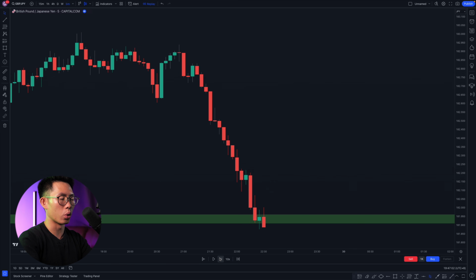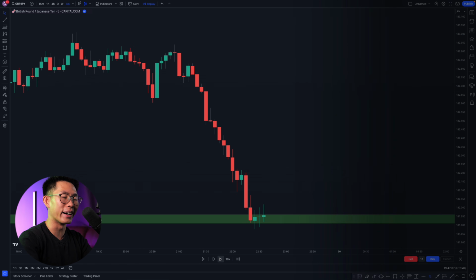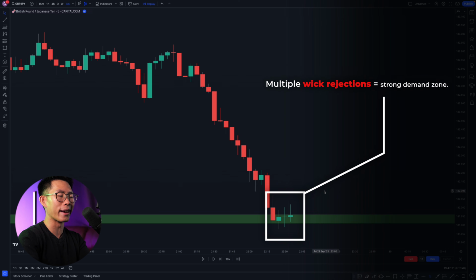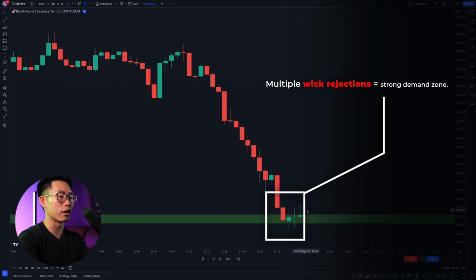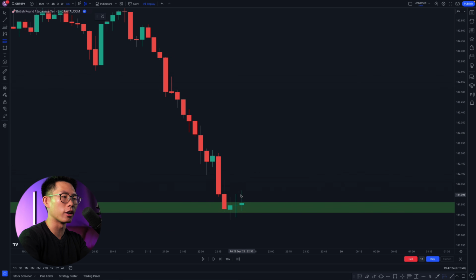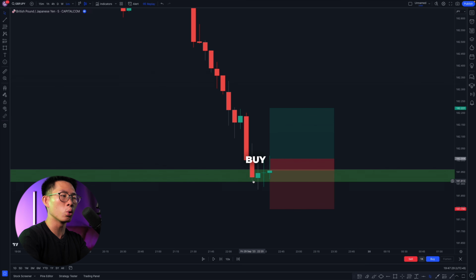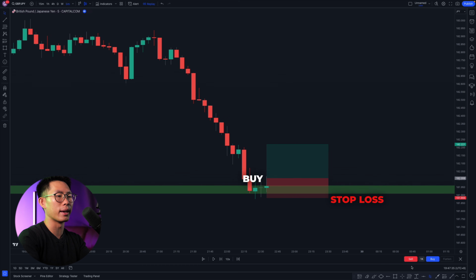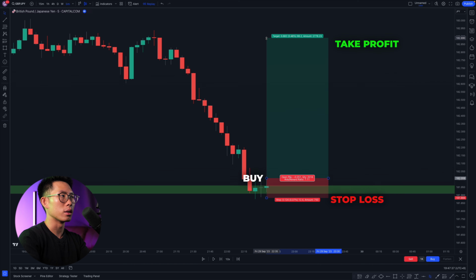And you can see, okay, doji candlestick, another wick candlestick, and another candlestick wick. Guys, like I said, you must look for at least 3 candlestick wicks, right? This signifies there are multiple wick rejections at this key demand zone. So very strong demand zone. And that is when we can potentially enter for a buy right here, when price has shown us multiple wick rejections at this key demand zone. Place your stop loss below this demand zone,